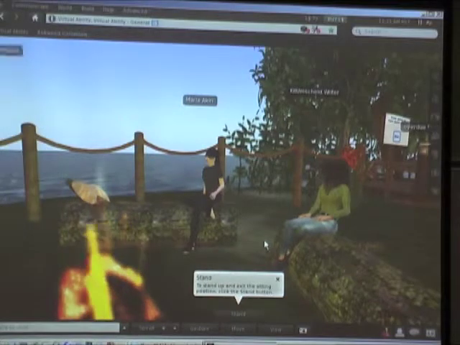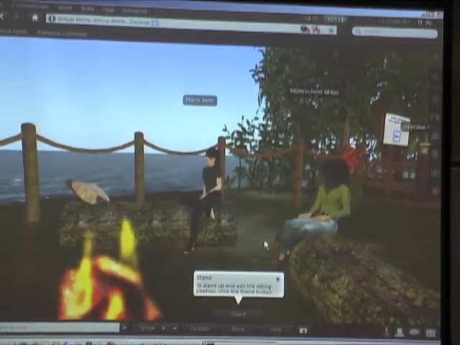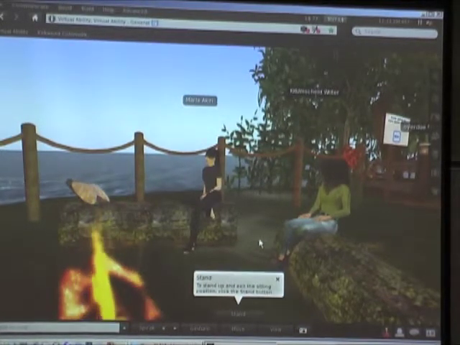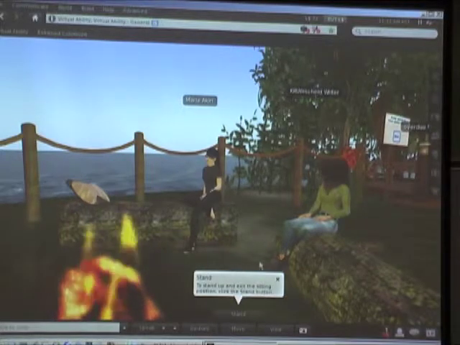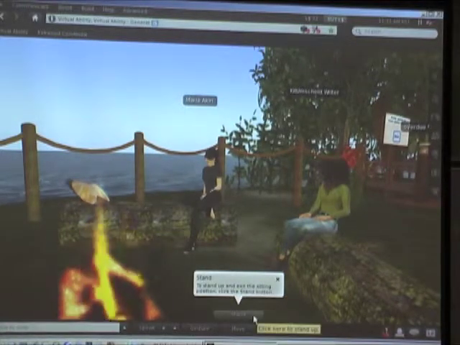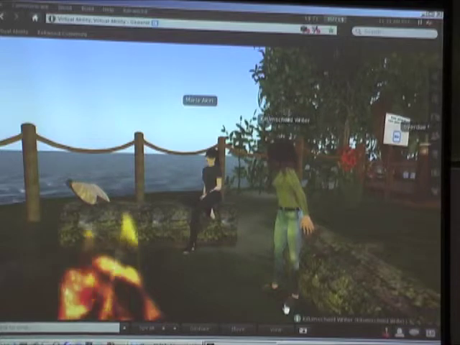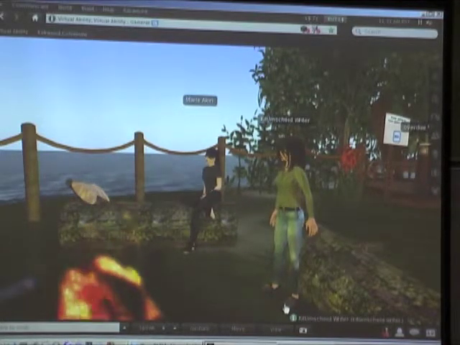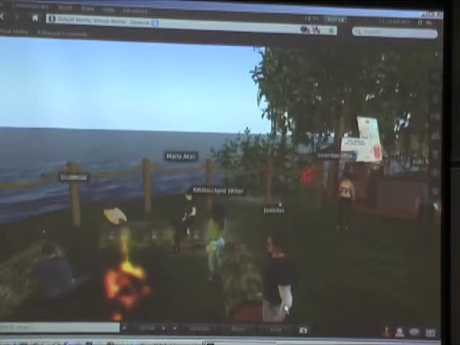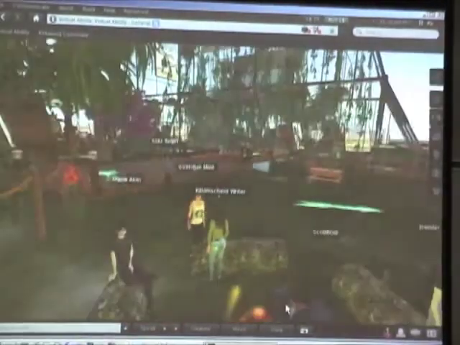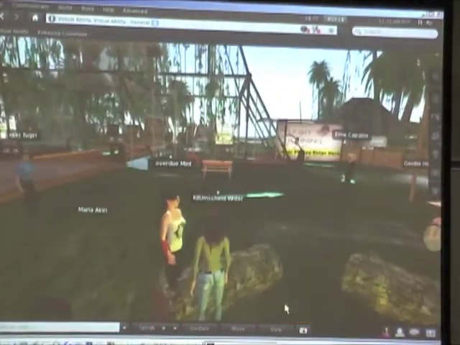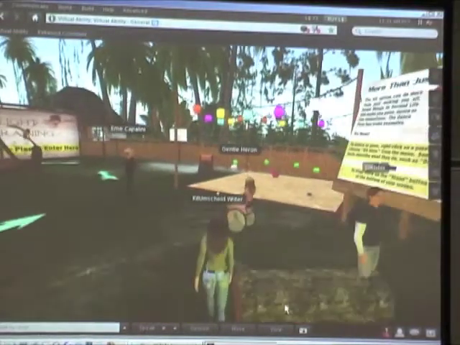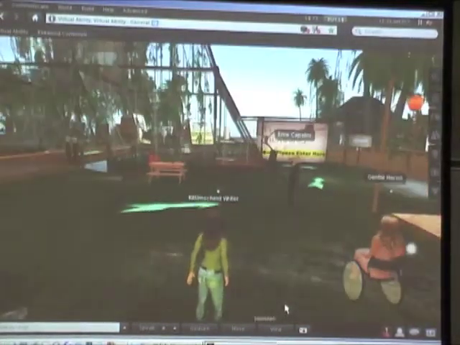Anybody have questions so far? We're not going to go through the whole orientation, but you're all welcome to come back at any time. And we do have folks that just come back through here and just sit and hang out here. So it's really rewarding that it is so well used.